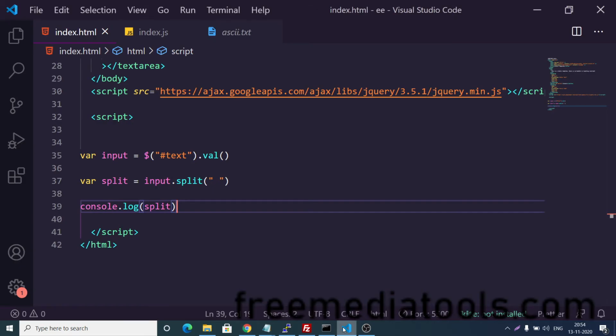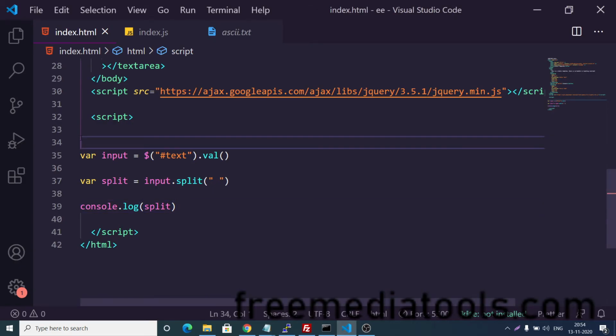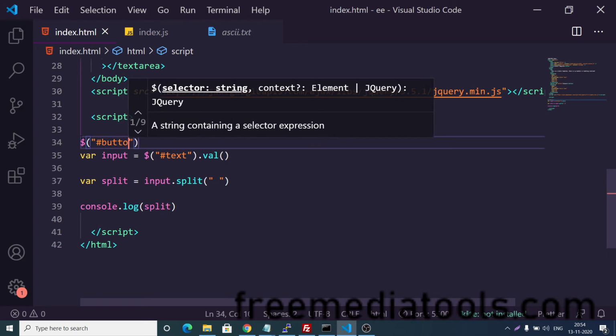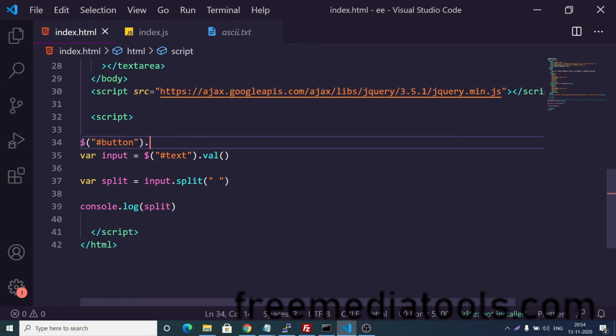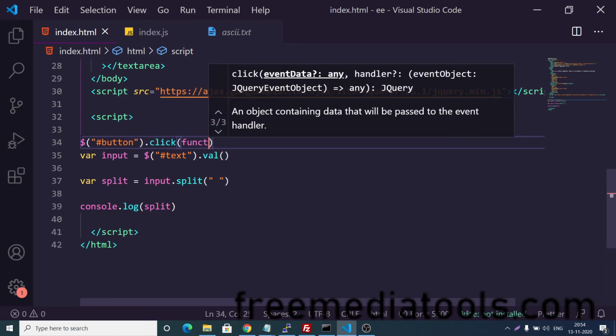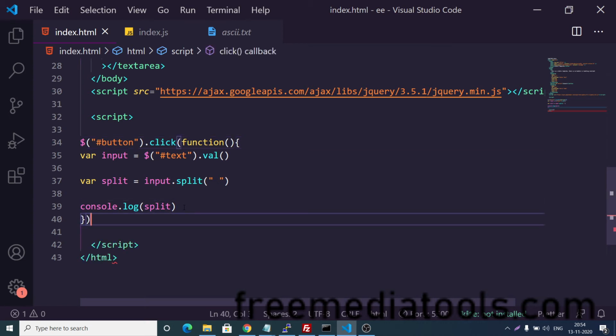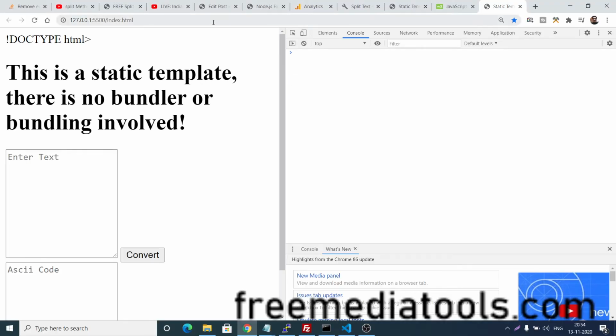oh sorry, we need to wrap this inside whenever the button is clicked. We have given the button an ID, so we can bind an on click event handler. So whenever we click the button, we need to perform this action. So now if I write,